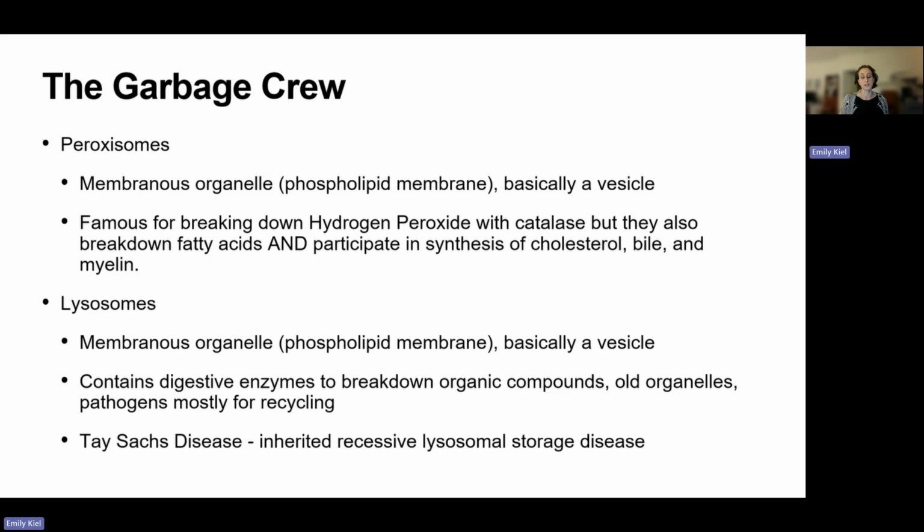Tay-Sachs disease is an inherited recessive lysosomal storage disease where the lysosomes don't function like they should. This means that all of those old organic compounds, organelles, and pathogens will build up over time. And this occurs in young children, so it starts at 6 months old. Usually we're seeing seizures by 12 months of age because we can't have all of these pathogens build up in